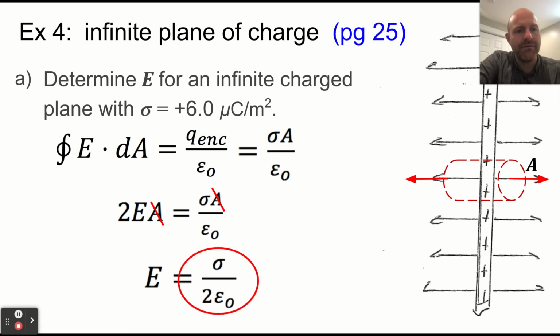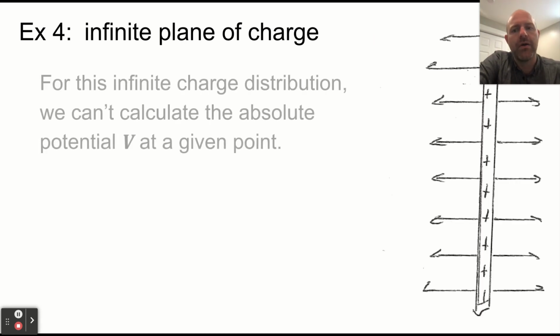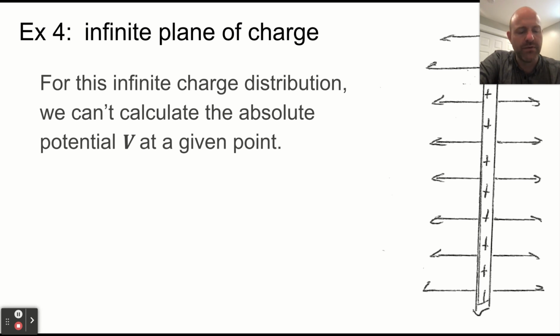But now that we have that, we can start to talk about what is the potential difference from one point to another. It's important to remember that we can't talk about a place where there's zero potential. That's because there's an infinite amount of charge here. You can't get infinitely far away. That doesn't make any sense. So all we can do is say, well,